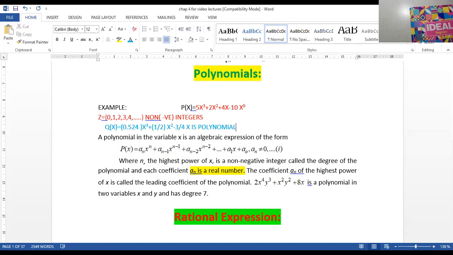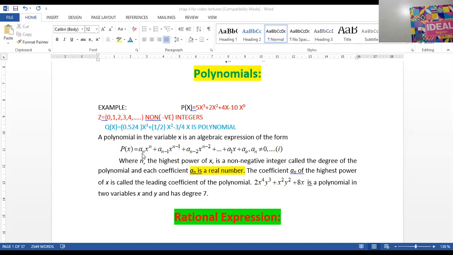Fine. So I want to tell you that do not mix up the constants and the powers of the variable. The constants are being multiplied with the variables, as you can see, 1 by 2, 0.5 to 4. They can be negative, they can be positive, they can be in decimal form, they can be with radical signs, square root signs and anything. But what cannot be there is that the power of x should be a non-negative integer, as I just explained to you. So an is a real number. This is about the definition.